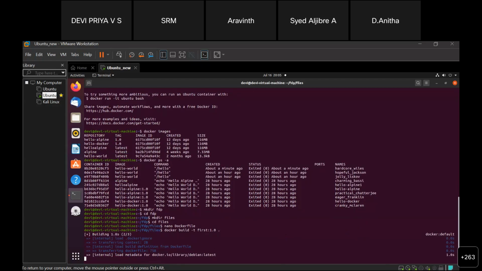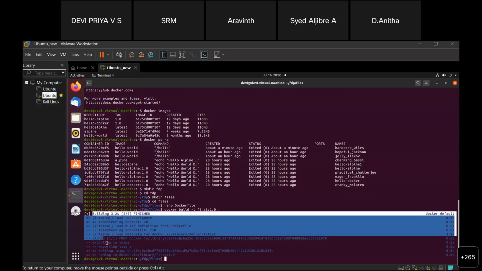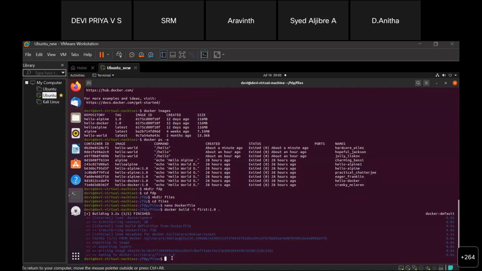If the base image is not already available in my machine, it will take some time to build the image. If it is already there, it won't take much time for downloading all the details. Here we can see what things it has performed: building the definition from the Docker file, exporting the image and so on. Now I want to create a container out of this Docker image.